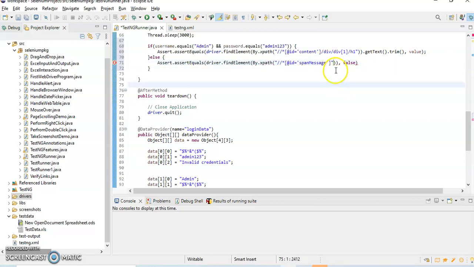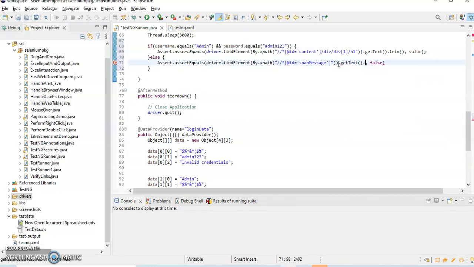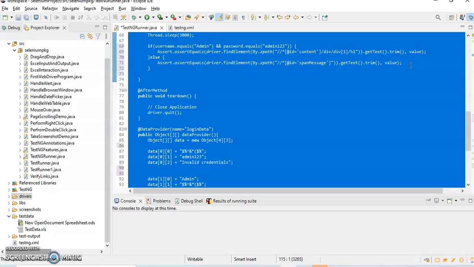Then I'll give a dot getText, dot trim, and it will compare with the value that we are going to pass. Okay. So let me do the indentation.